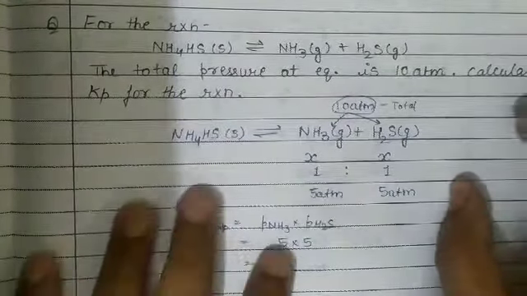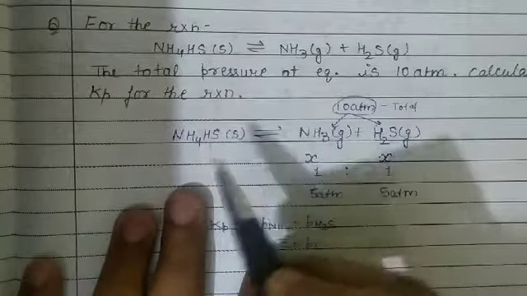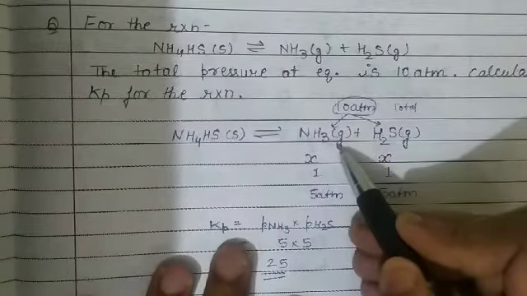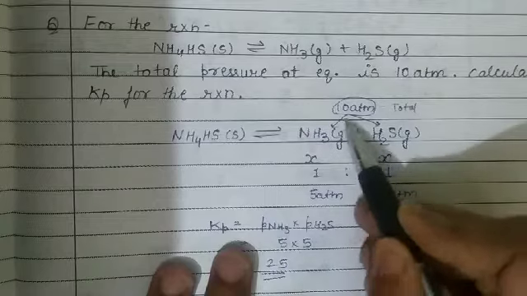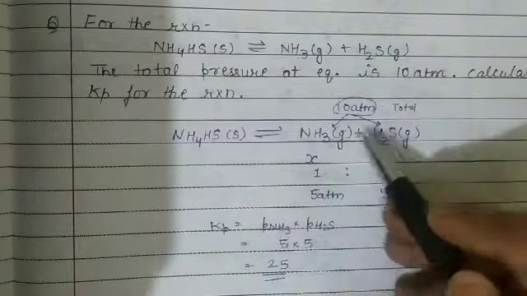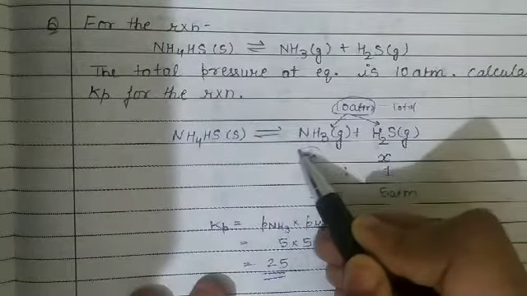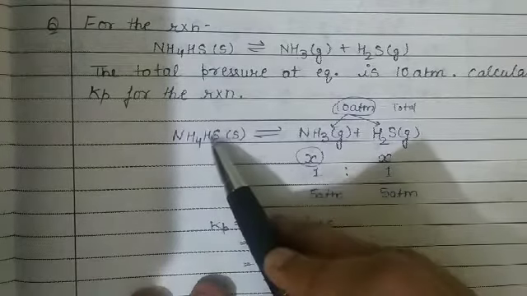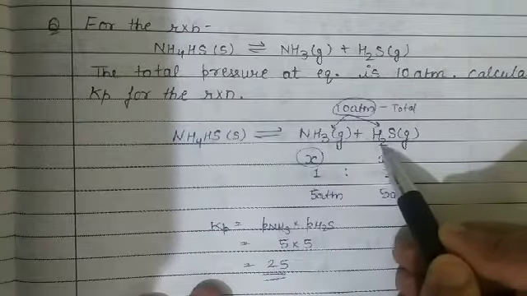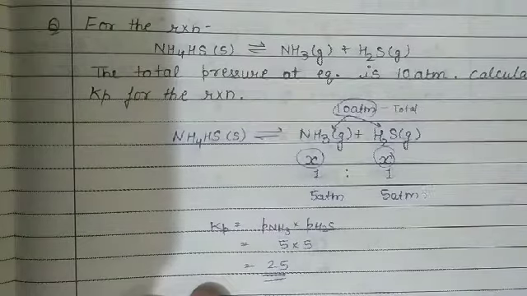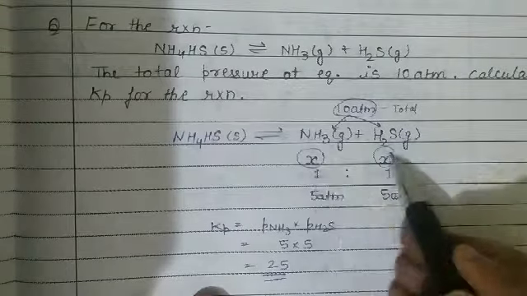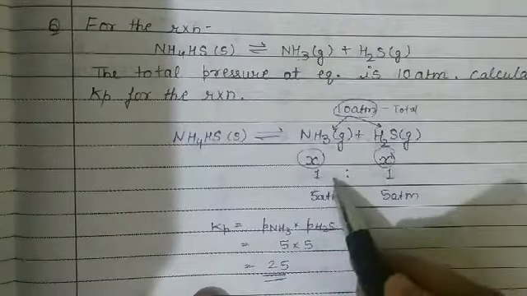As we know, when total pressure is 10 atm, this is solid, so the pressure is only for the gases. So there is pressure for NH3 gas and there is pressure for H2S gas. So total pressure is 10 atm given. Means if the pressure of NH3 formed after dissociation of NH4HS is x, as the coefficient is the same, then the partial pressure of H2S will also be x. So basically the total pressure of 10 atm will be divided in equal ratio, because the ratio is 1:1,